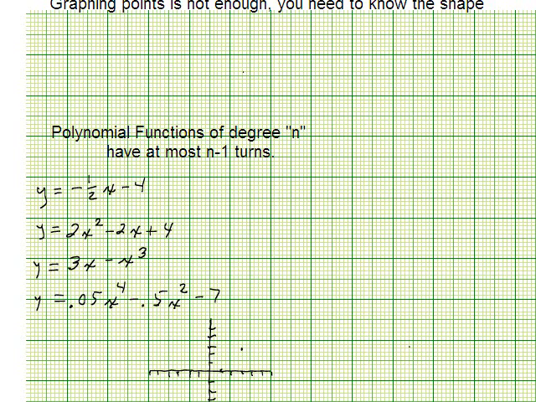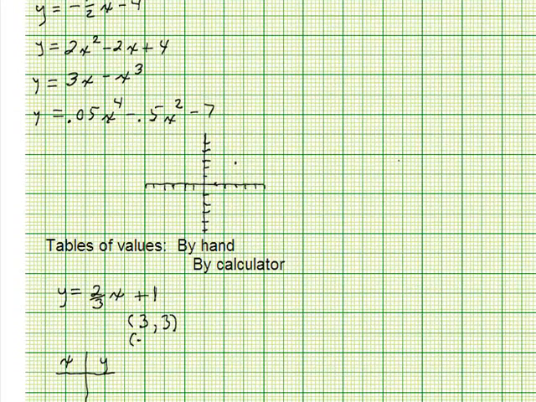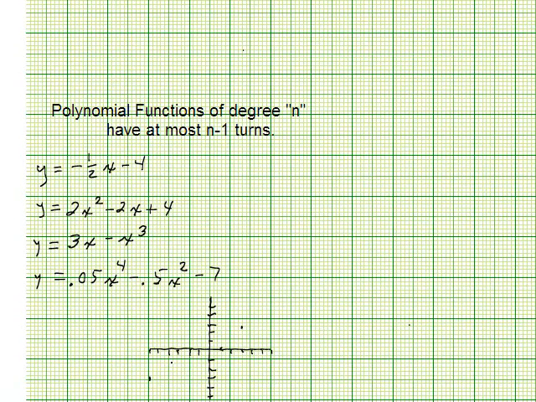And there's that point. And then if I wanted another point, I'd again like to cancel out the 3 if I could, so maybe I'd use x equals -6. Then right here, I would have the number -6, so it would be 2/3 times -6 plus 1. Well, the 3 would cancel the 6 and give me a 2, so I'd have 2 times -2, which is -4, plus 1, which is -3. So that says if I go 6 to the left, 1, 2, 3, 4, 5, 6, I'll go 3 down. That gives me that point,